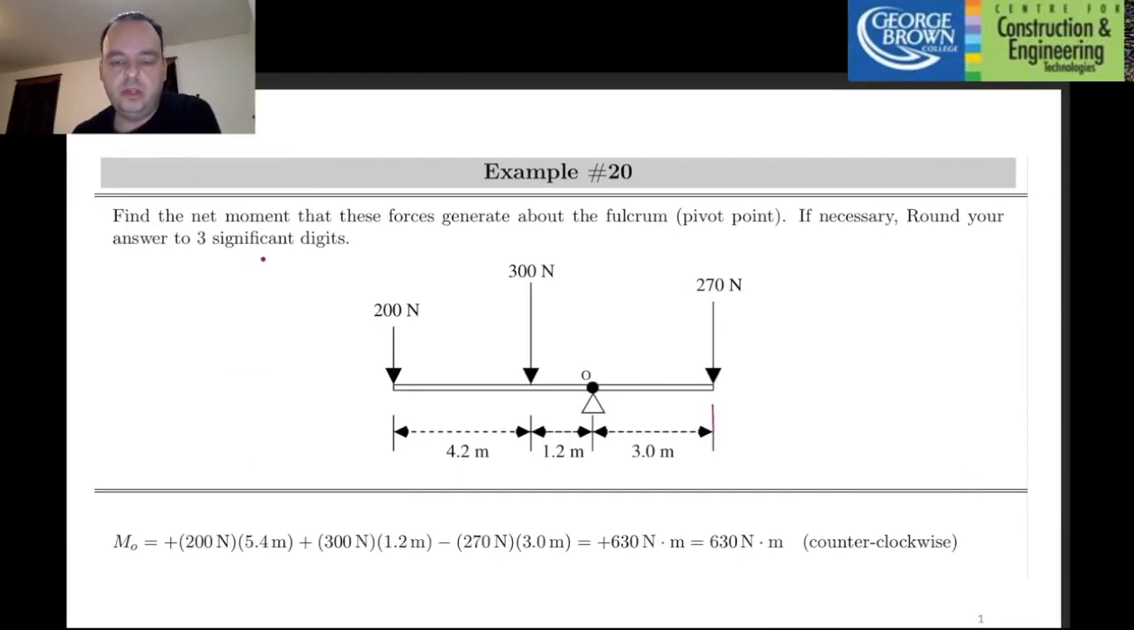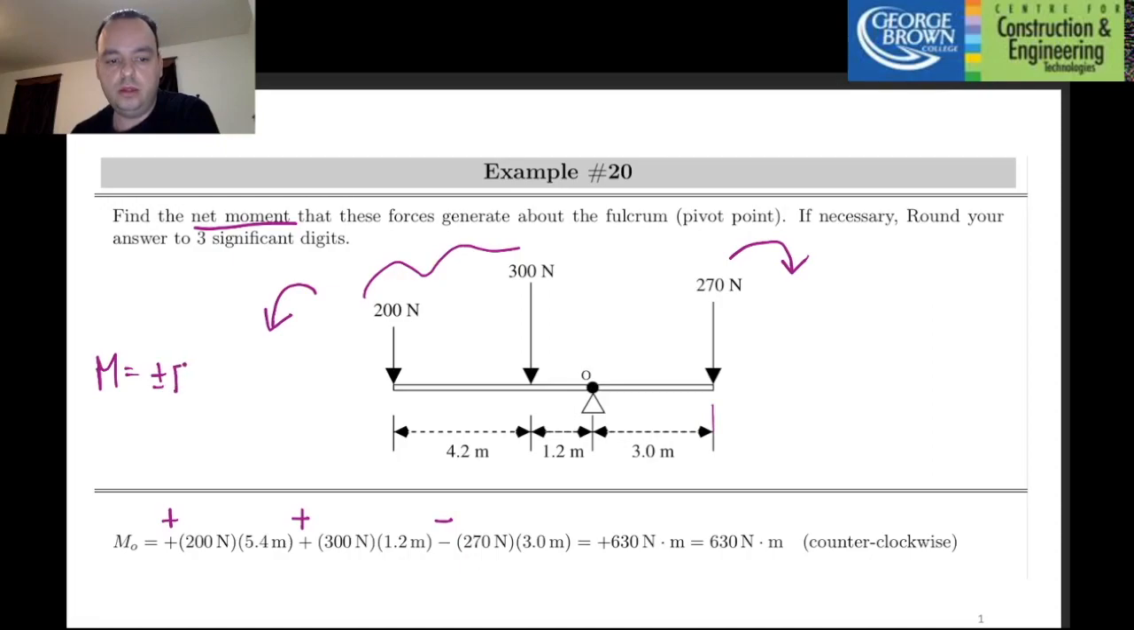The first two examples that we'll look at involve calculating the net moment on an object as it is subjected to various forces at various locations. Notice that these two forces on the left will generate a counterclockwise moment collectively, and this force on the right will generate a clockwise moment. We can see that as a positive number for each of those moments from the left and a negative from the right. In order to calculate the moment, recall that the moment formula is plus or minus the force times